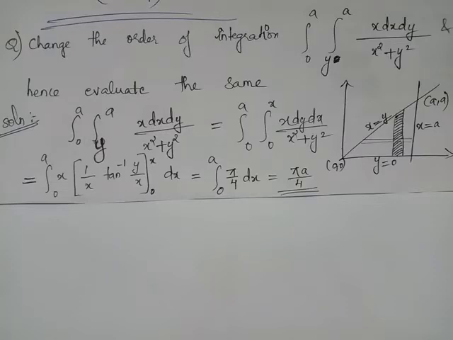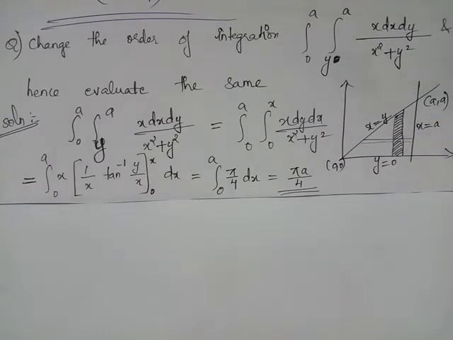We are asked to change the order of integration. Therefore, we have to find limits of y which need not be constant limits, and after that we will perform integration with respect to x, and it's compulsory that since integration with respect to x is considered outermost, limits of x must be constants. Having found the region over which you have to perform integration, since we wish to perform integration with respect to y first, we will have to consider a vertical strip. Suppose this is the vertical strip.